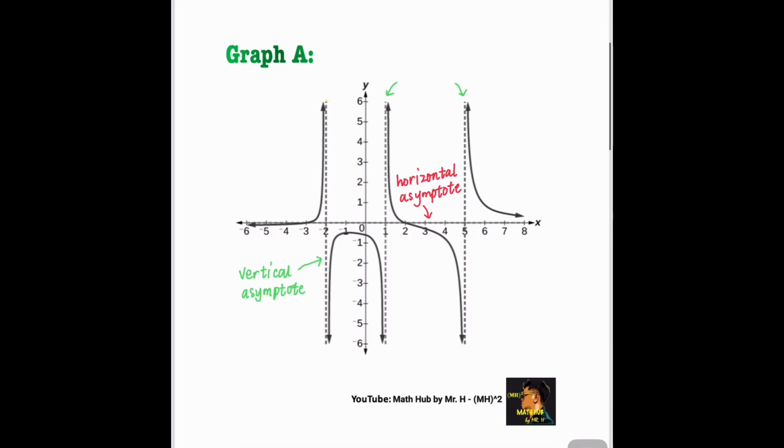For example, this vertical asymptote here, the equation would be x equals -2. And for this vertical asymptote here, that is x equals 1, and the vertical asymptote here, far right, x equals